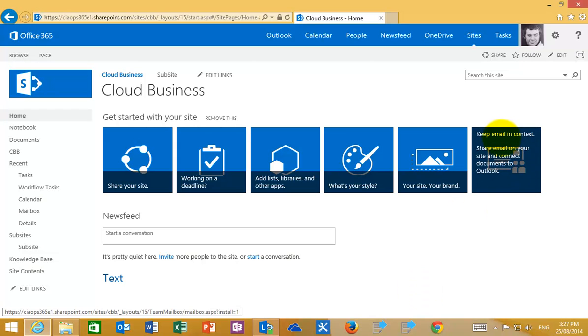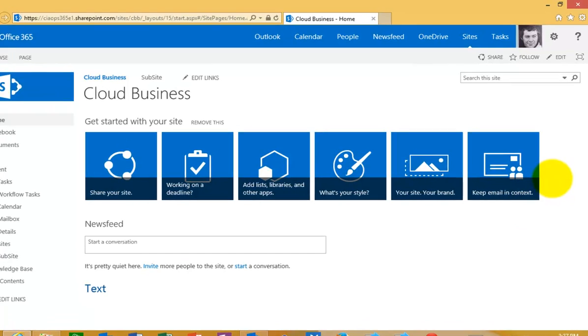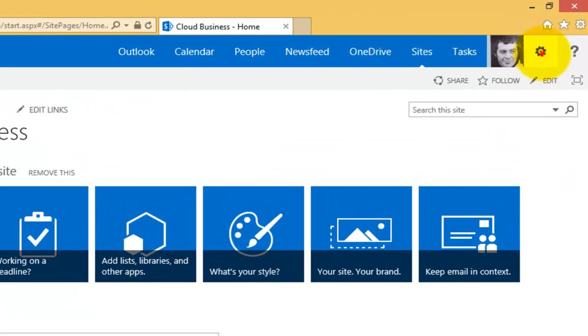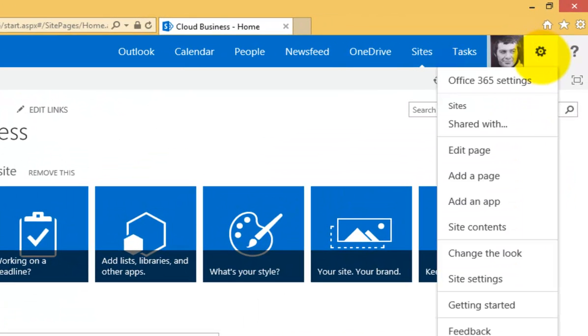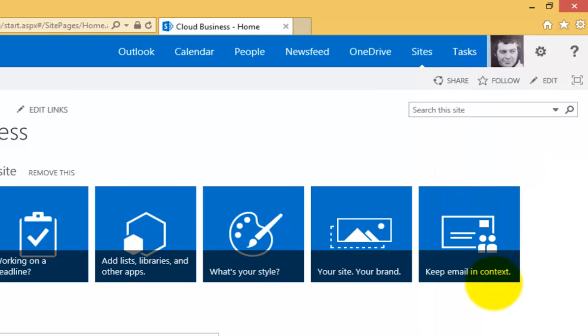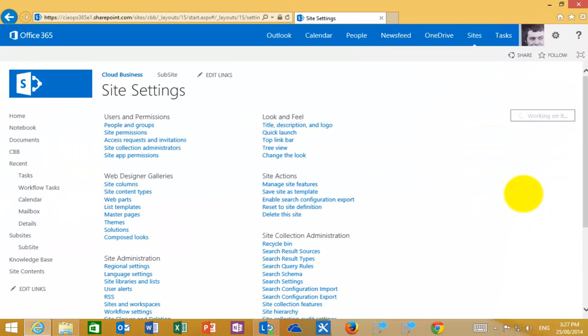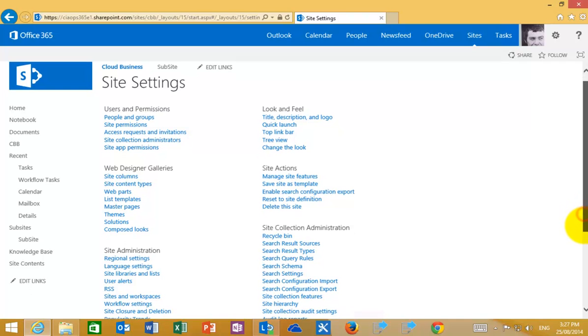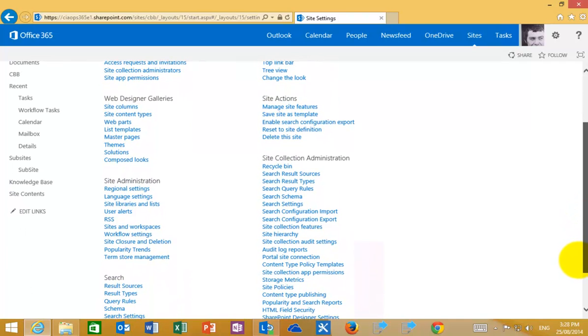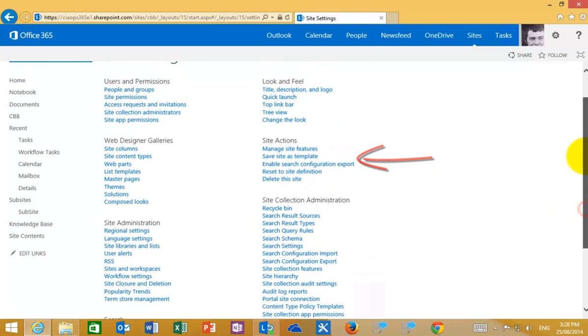With that file on my local desktop, I now navigate to the site collection that I wish to install it on, and I need to be logged in as a site collection administrator. Now I select the cog in the top right hand corner and go to site settings. It's important that you're at the top of your site collection. You can see in the bottom right that I know I'm at the top here because